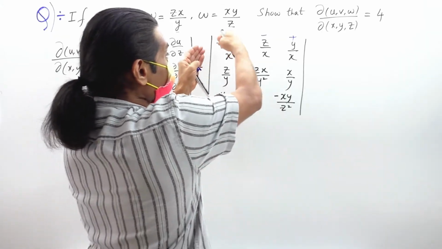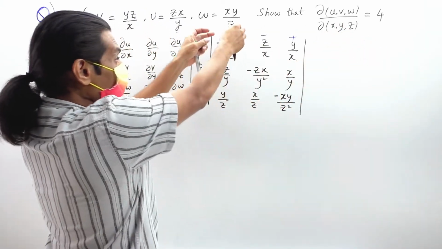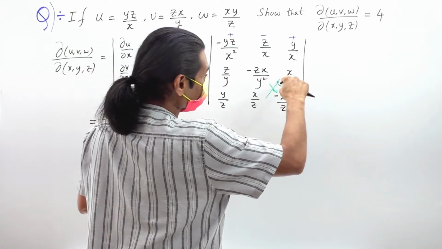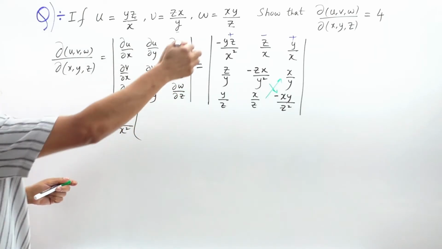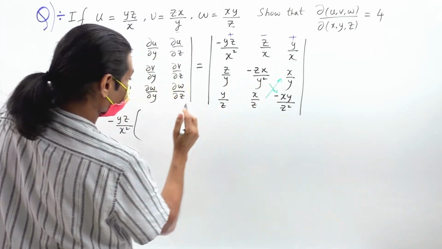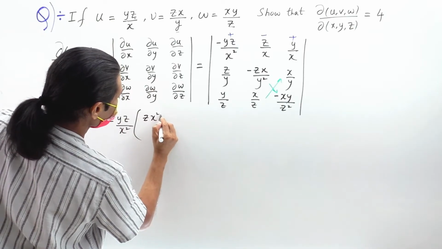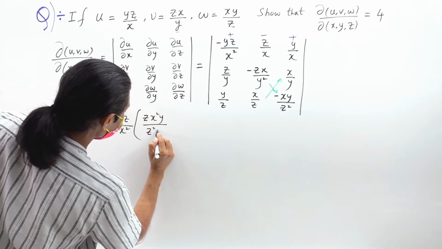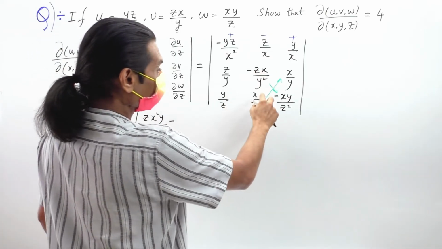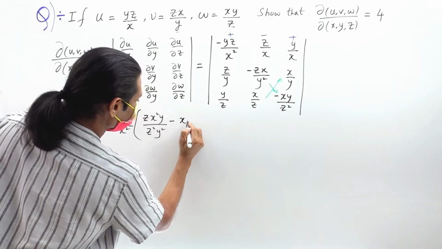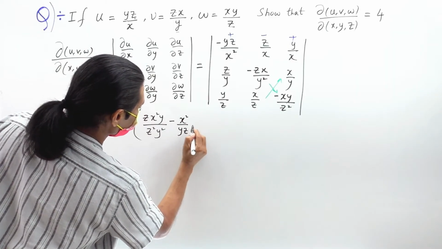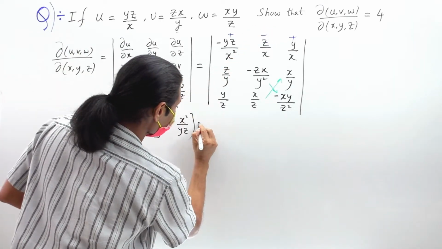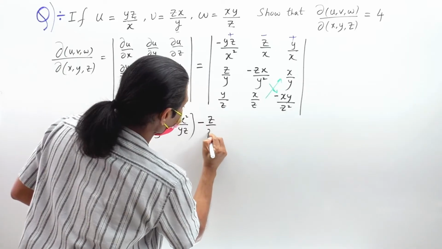This column, leave it and leave this row. Which element you are taking, leave that column and leave that row. What remains? This into this minus this into this. Agreed? Multiply. So we get minus into minus plus, z x square y upon z square y square minus this in this, x into x square by yz. Okay. So next is minus, see the sign here is minus, the element is z by x